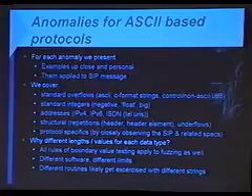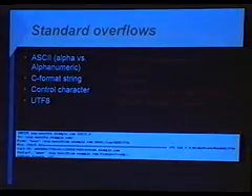So, we are now getting to the standard overflows. What we have here is ASCII-based overflow. We can have alpha or alphanumeric overflows there. Below we have C-style format strings with both buffer expansion and the pointer arithmetic ones. A few things I want to point out there is, for example, this